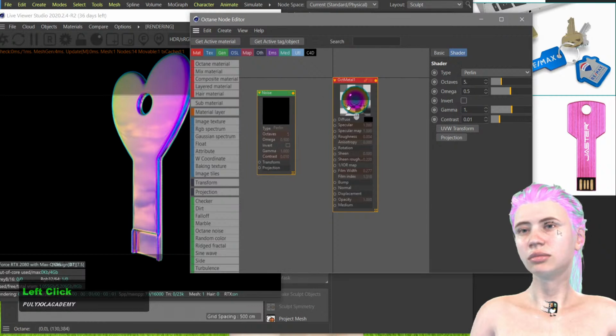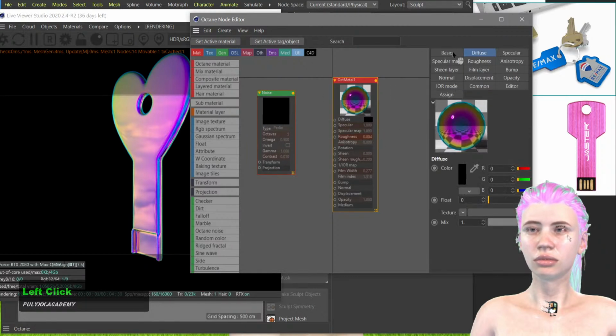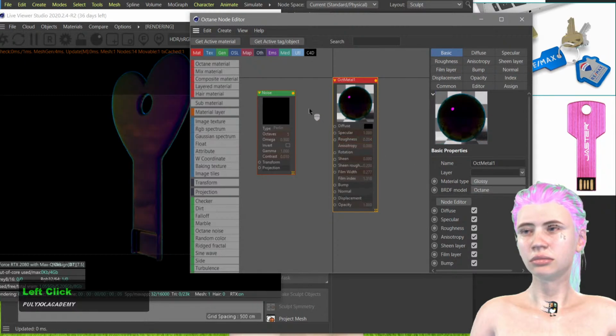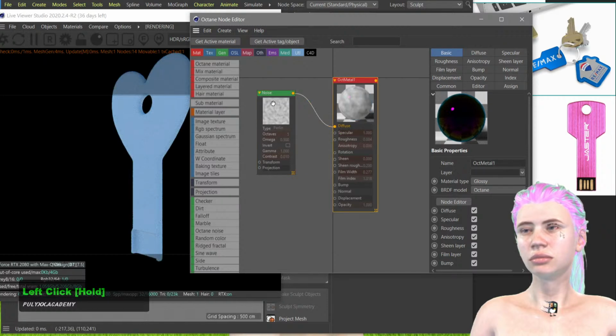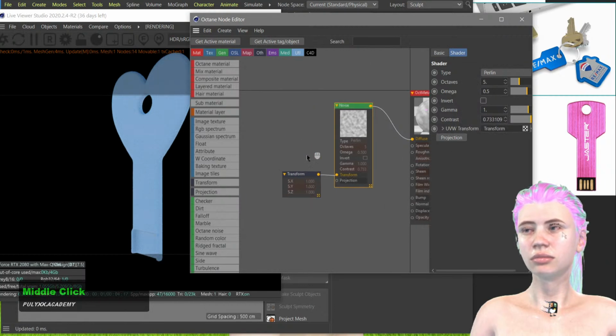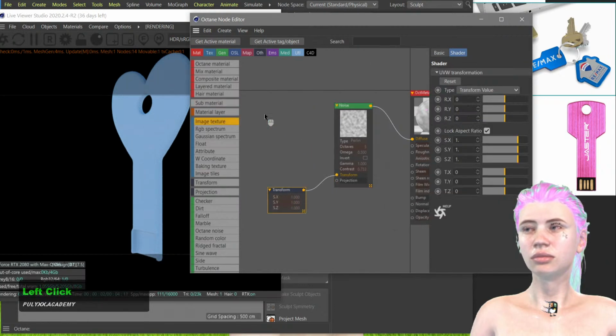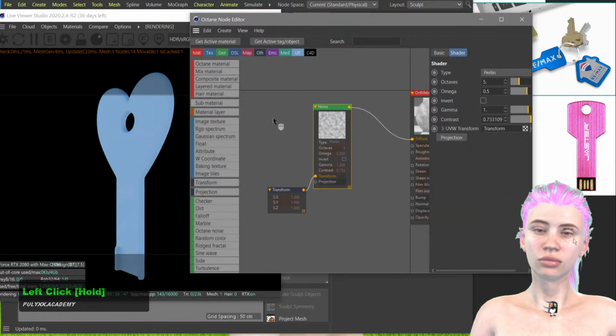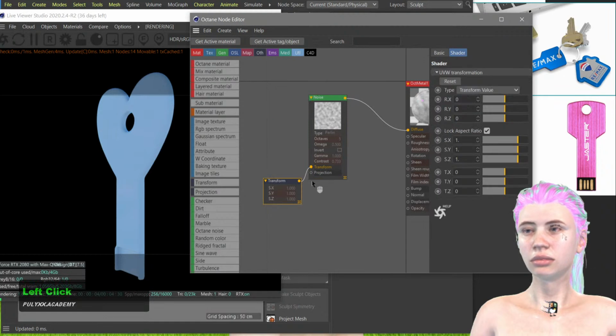I'm gonna change it to glossy right now. Put it on the diffuse. All right, bring out the contrast. As you can see, I can see nothing right here because we got no UVs on this object yet, but